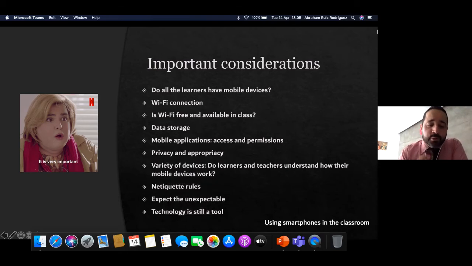Also, really, really important, teachers, these important considerations that I'm presenting here are the things that I have faced. So one thing that you have to take into consideration is data storage. Why?